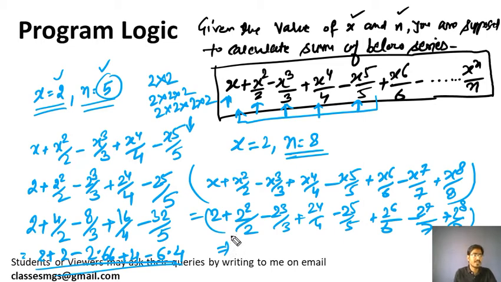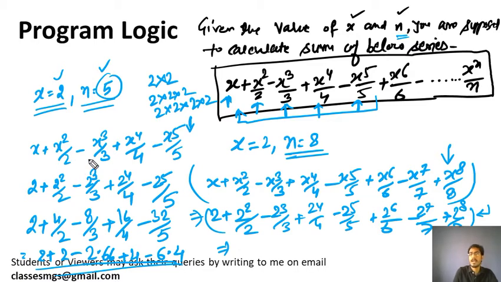This series you need not solve manually. I am just giving you the idea of how to solve this. We will be writing a Python program to automatically solve this series. If you are going to write the Python program for this series, what we need to do is apply a for loop and calculate up to the nth term. We will execute this for loop up to the nth term that the user has entered. Let's say the user has entered 5, then we need to calculate the 5 terms